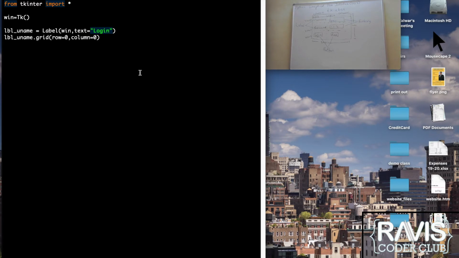What does the dot grid do? Dot grid is the layout manager. It is responsible for arranging components on the window. I am arranging my label on the window using the grid method, and I'm specifying that lbl_uname is at the 0th position on the 0th row and 0th column. Okay, so that is that for the label. Now let's make a variable for the entry box.